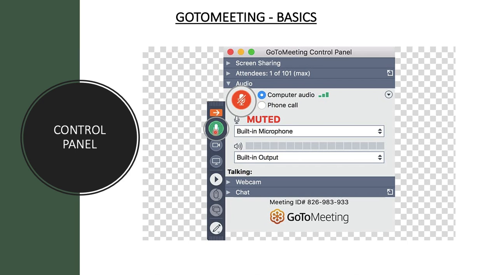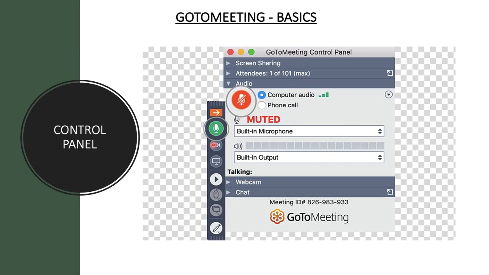So many times it can get quite noisy if the participants are on unmute mode. So usually it's a good practice that when you are conducting a session, you have all the other participants log in in mute mode, or once they log in, they need to mute themselves. So this is the button where you can click to mute or unmute yourself. And if you want a particular participant to speak during the session, you want to ask questions, you want to have some answers, they can unmute themselves, give in their answer, and mute themselves once again. So this is a very important function to be used while conducting your sessions.